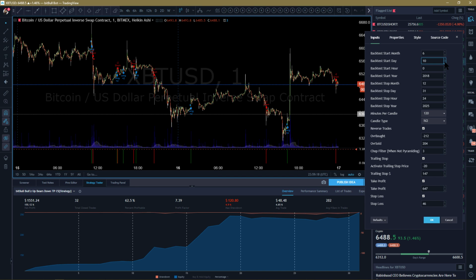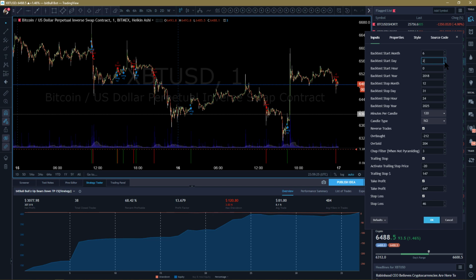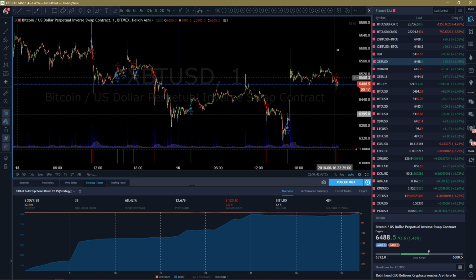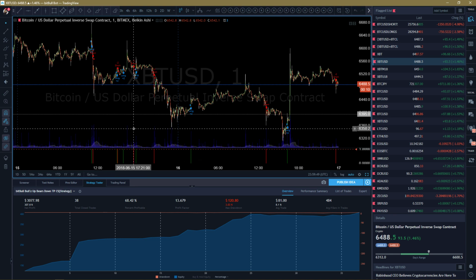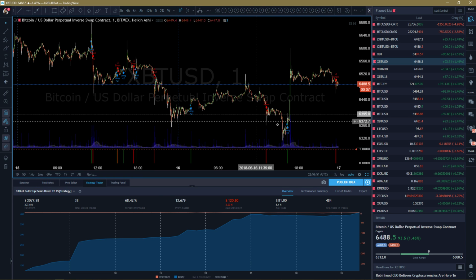So this is the front month right behind us that we just finished. I want to load up the entire last 2 weeks just to get it on record. All right, and as you can see, we're up. This is 2 weeks' worth of trading with this strategy setting. Now, this is what I wanted to draw attention to: the fact that I averaged the top 5 Bitcoin exchanges to run tests and find optimal settings